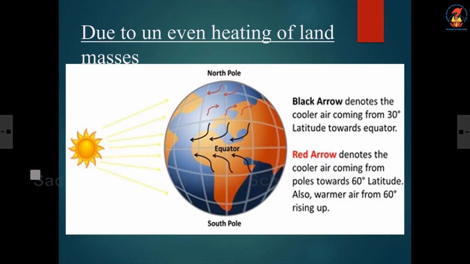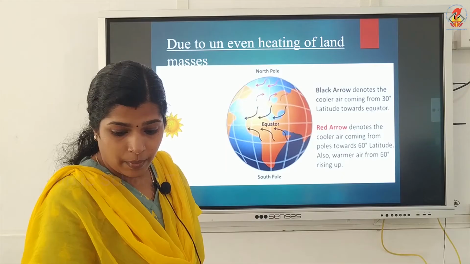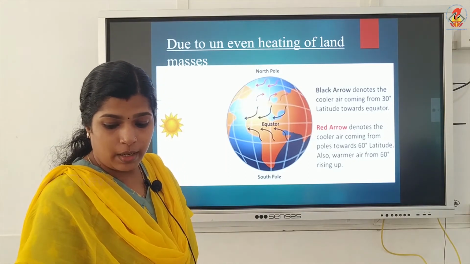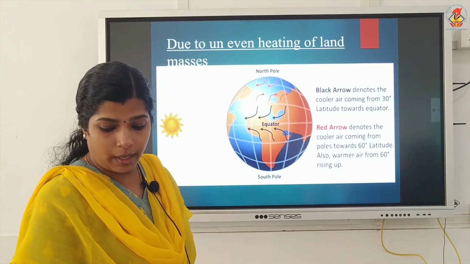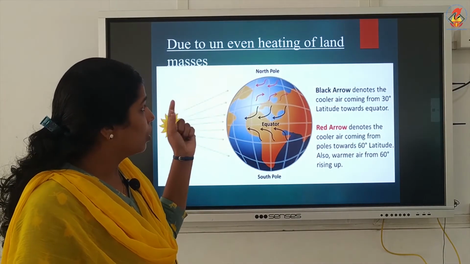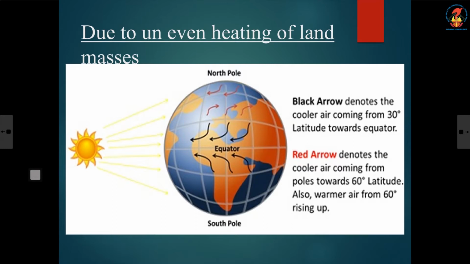The warm air from the 60 degree latitude rises up. At the poles the air is colder than the air at 60 degree latitude, that is, the air at 60 degree latitude is warmer than at the poles.